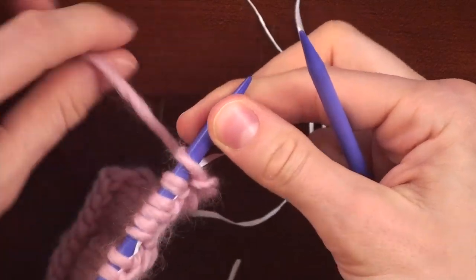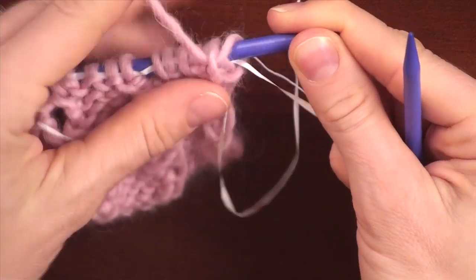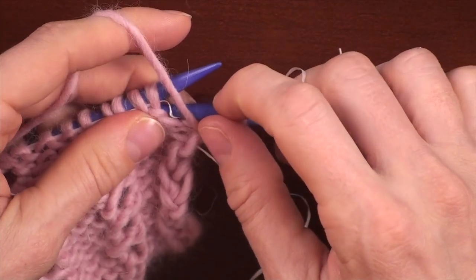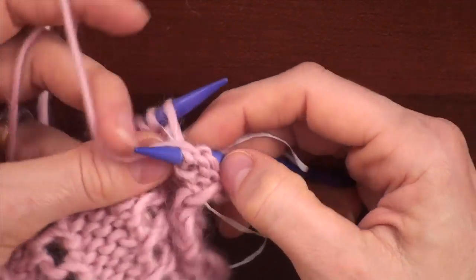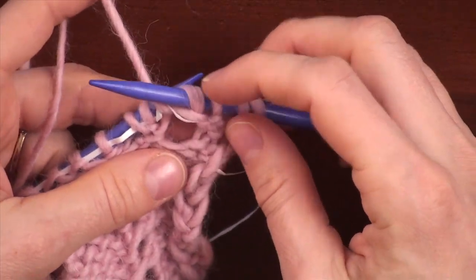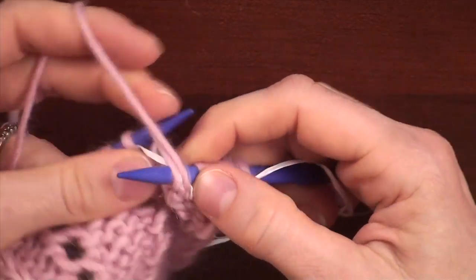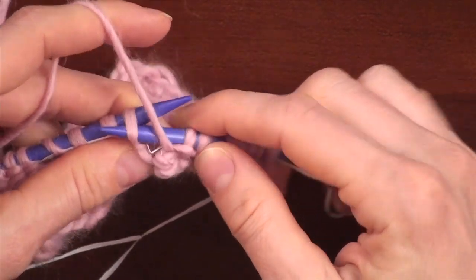And then on the following row, you just work like a regular row. You don't want to knit the dental floss ideally, but really it doesn't matter if you catch it like so and knit into it, because, I mean, it might make it hard to slide out, but dental floss is pretty forgiving. Let's see how forgiving it is if I knit. Well, obviously we don't want to knit too many stitches with it in it, but I think I just knit